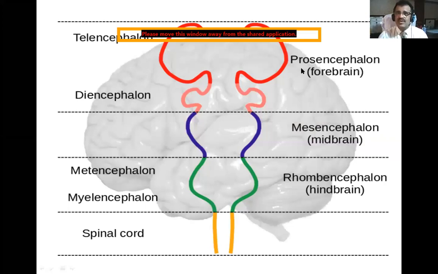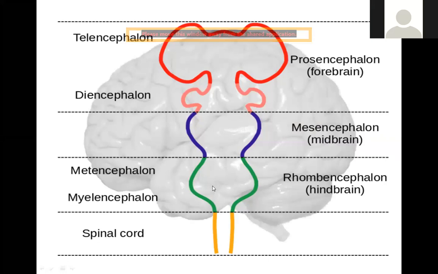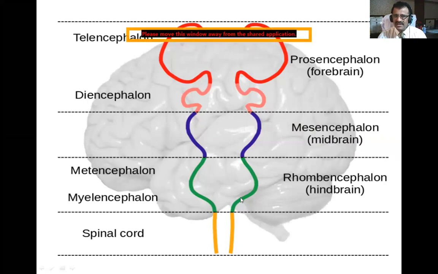You can see in this chart, prosencephalon has got two parts, and those are telencephalon and diencephalon. Mesencephalon means midbrain, this portion, and next is this portion which has got two parts. That is metencephalon. Metencephalon means for brainstem comes pons, and myelencephalon means medulla oblongata. So both metencephalon and myelencephalon make rhombencephalon, which is called hindbrain. So from forebrain, midbrain, hindbrain, we get this terminology, and the respective parts of these three large parts of brain we get on this side. After that comes your spinal cord.